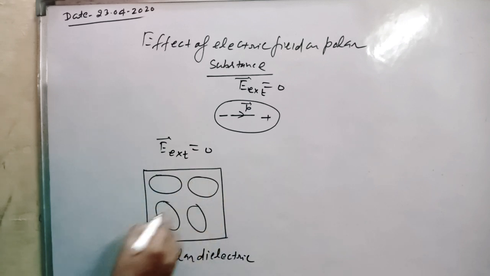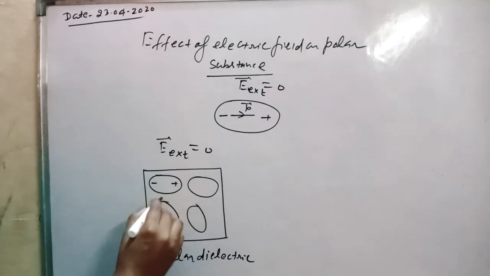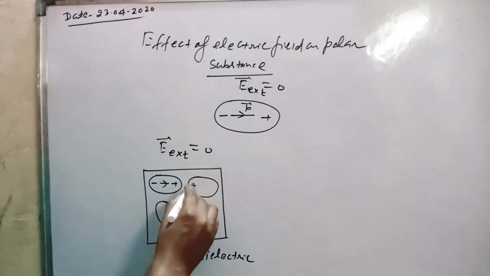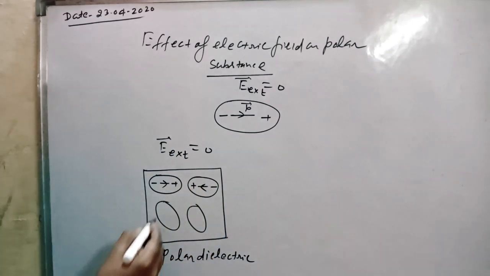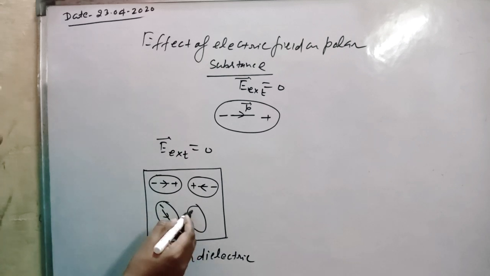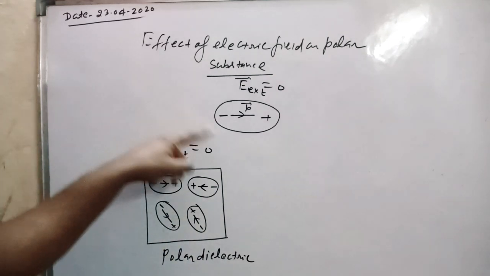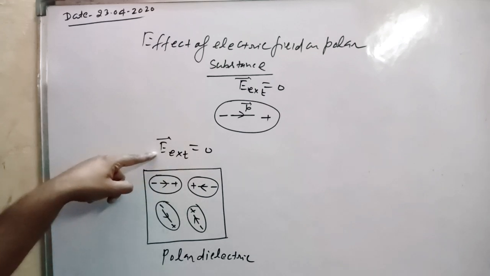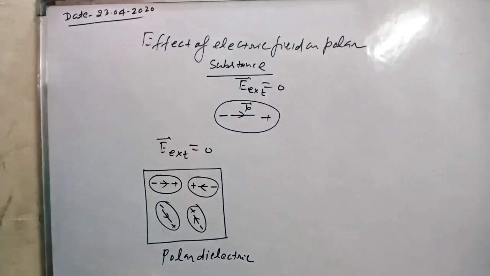Like this one, this has minus, this one has plus. Dipole moment direction is negative to positive. That means this one is the plus, this one is the minus. Dipole moment is taken from negative to positive. Direction of electric dipole moment is from negative to positive. So from the figure it is clear that when no external field is applied, that means the field is absent, in a polar dielectric